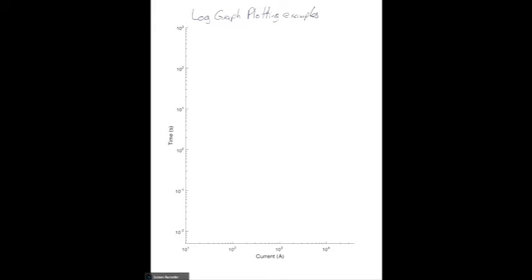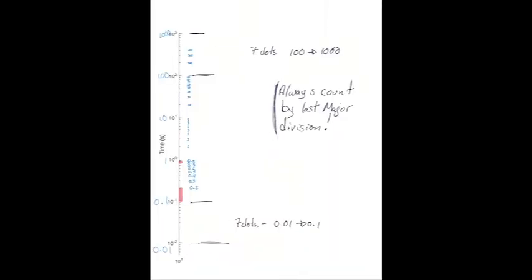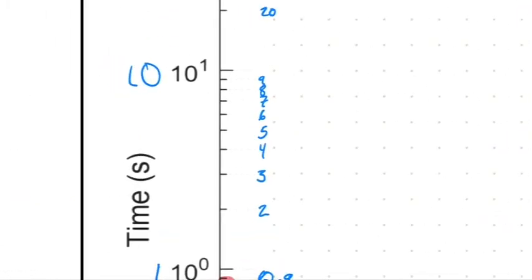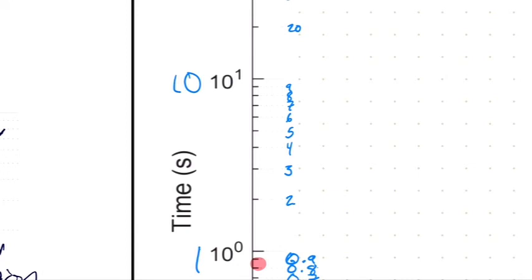Now, before we do that, there is one thing I'd like to point out, and that is that when we're taking a look at our log graphs and our scales, the 5 position isn't really in the middle. It's been pushed up. And we have to account for that. So if we go here to here, our middle position is about here. So if we were to divide this into quarters, it would look something like this.